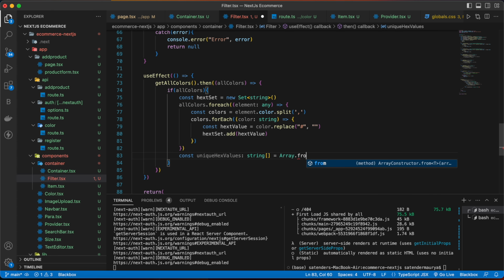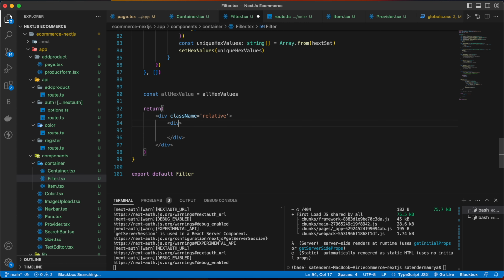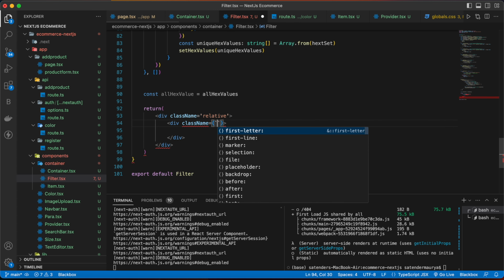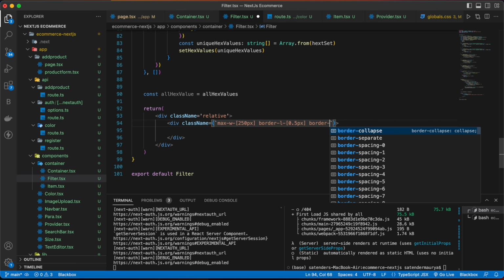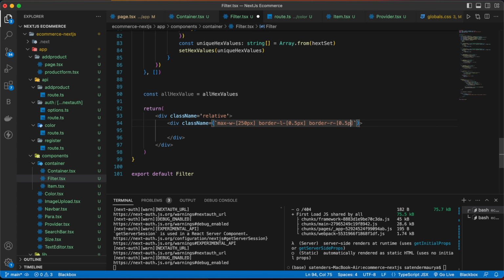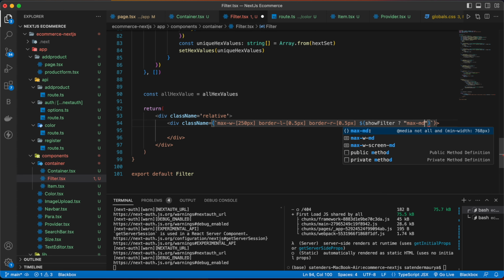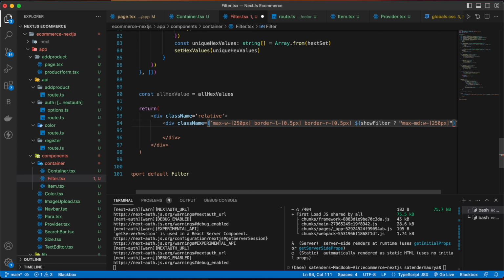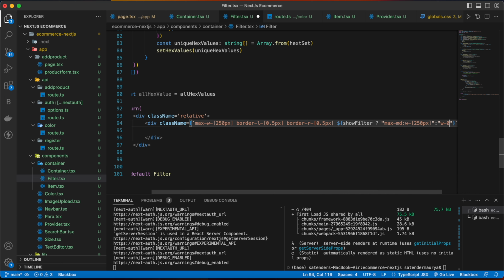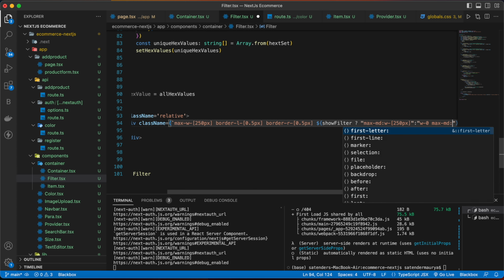First, give this a class name of relative, and inside that div, make one more div with a class name of max width of 250 pixels, then border left of 0.5 pixels, and border right of 0.5 pixels, and then pass if show filter is true, then write max MD width will be 250 pixels, otherwise width will be 0, and max MD invisible.